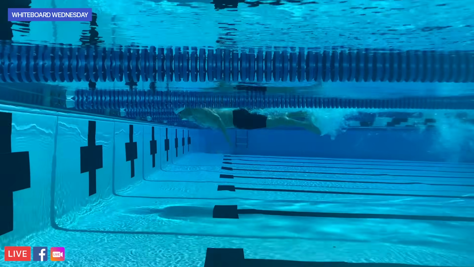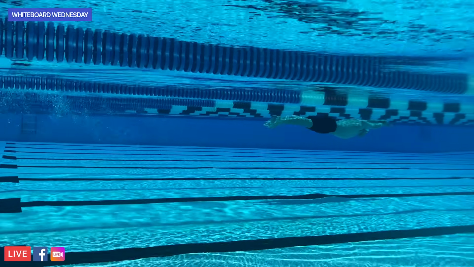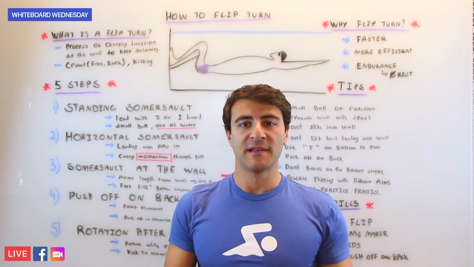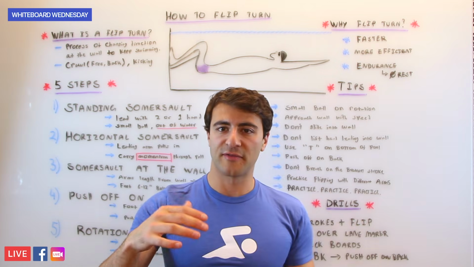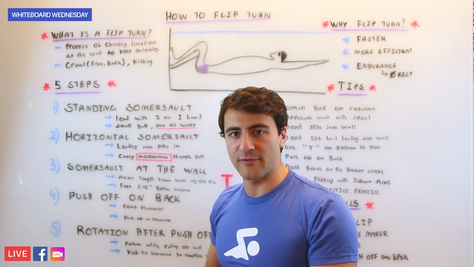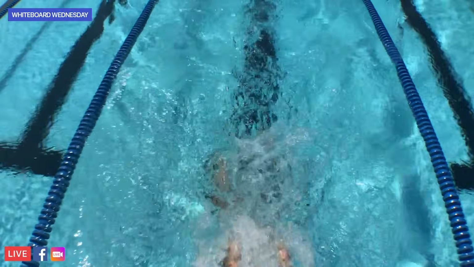So meaning one arm at a time. So maybe you go into the wall with your right arm, but the next time you'll approach the wall, it'll be with your left arm. So you want to make sure you're practicing with both arms, and that's why the drill of 3 strokes and then doing a flip will help you learn how to use each arm to pull you into the flip turn.